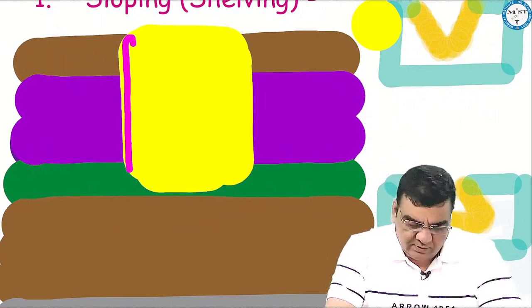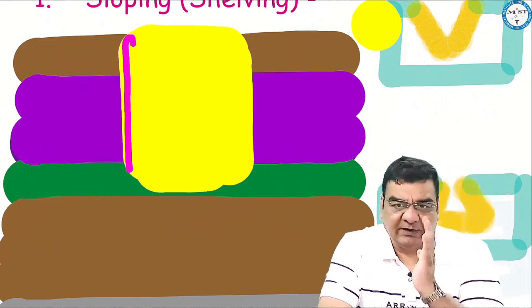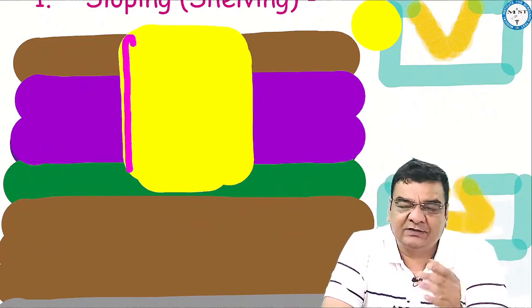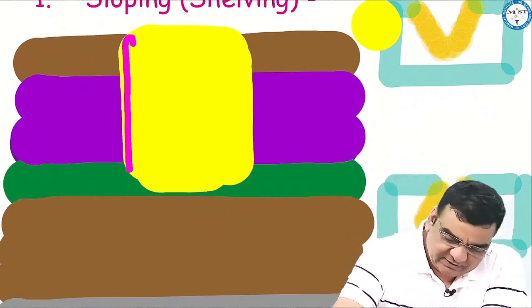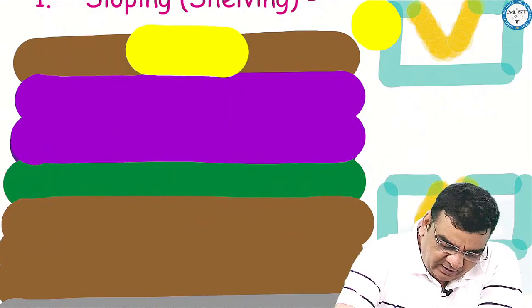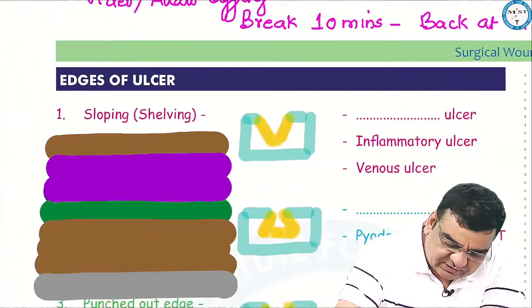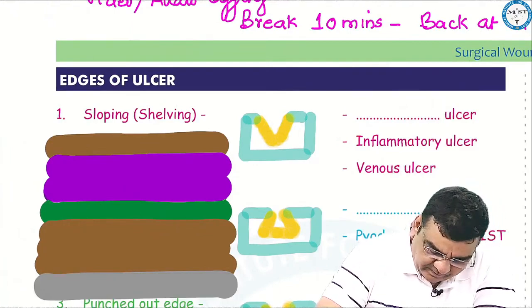So this punched out type of edge is seen in cases of syphilis. As a doctor, when you are working in the hospital, just by looking at the edges of the ulcer, you can have an idea what pathology you are actually dealing with. Let us look at something else also. Suppose the ulcer is somewhat like this, wherein